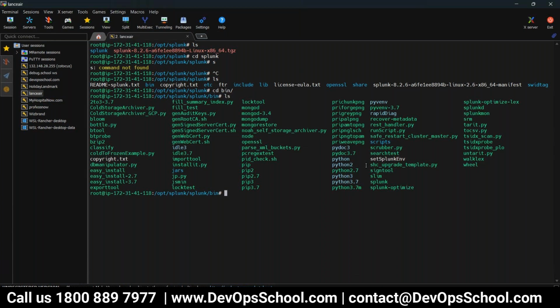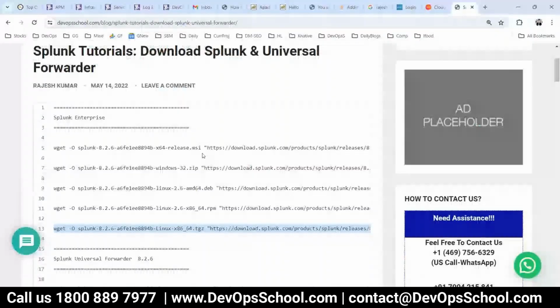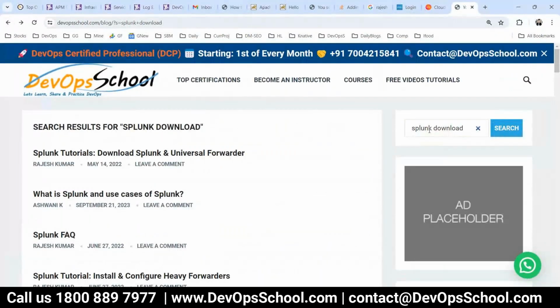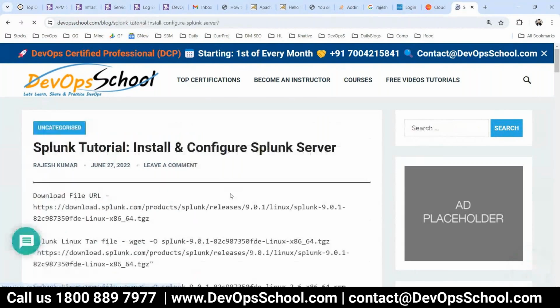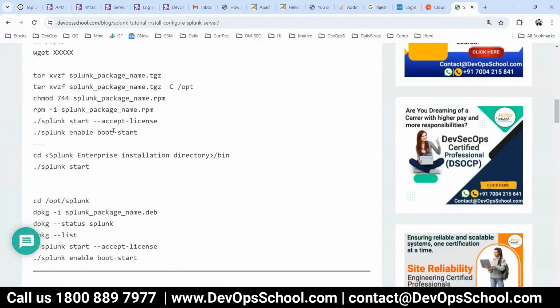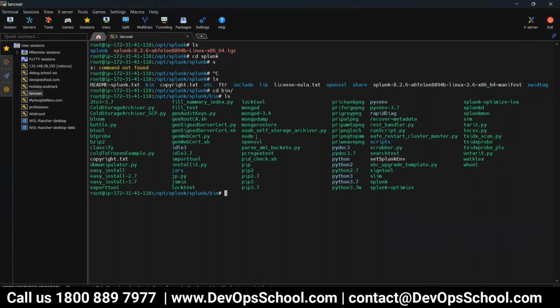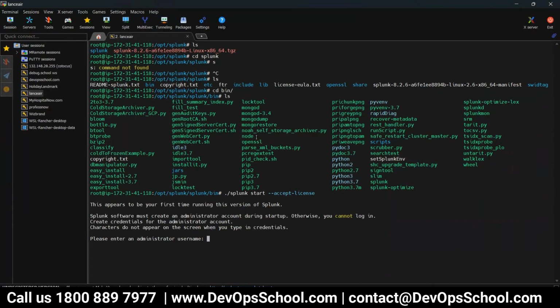So all these commands you have here also. So if you think you are having some problems, you can follow my tutorials and do that stuff. So this command I need to run. Okay. Now username admin, password admin123, admin123. This is the password for Splunk. And now